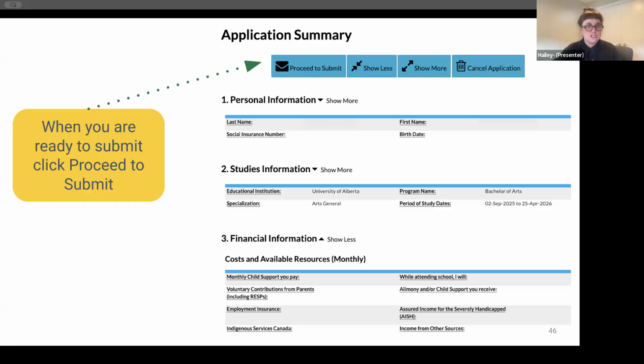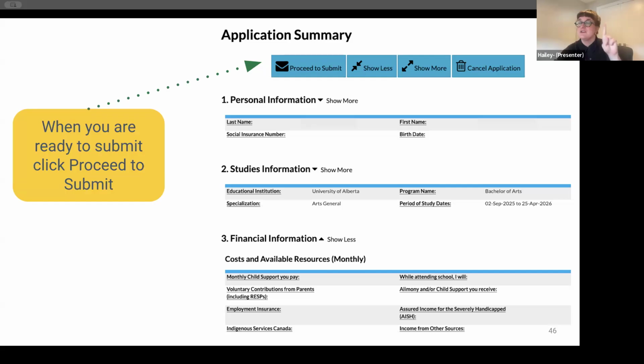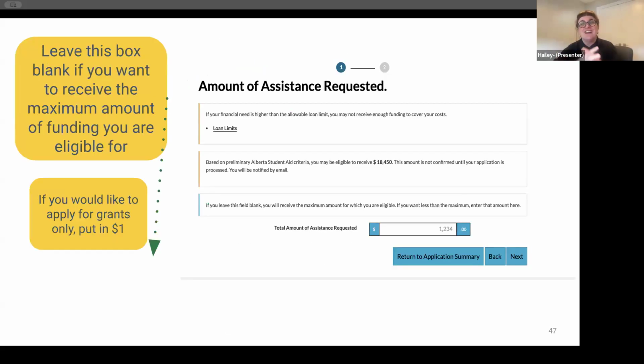But yeah, as long as you're good to go, there's no red, you can go ahead, proceed to submit. No red text, proceed to submit. So you click proceed to submit. Now stick with me here. This is the final question on the application. You think you've submitted, but you haven't submitted. You've proceeded to submit. After this final question, this sneaky last question on the application,